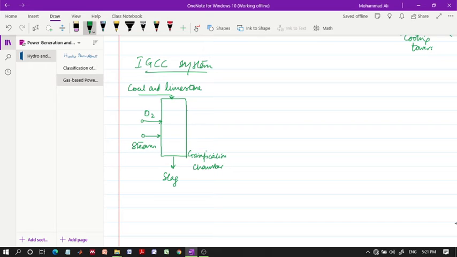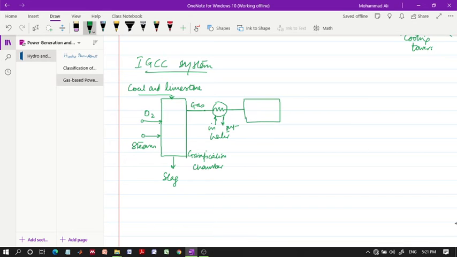This gas, we can say the coal gas that comes out of this, is cooled down first of all. So for cooling down, what we do is we pass it through a certain chamber in which water is coming in and coming out. Okay, water is coming in and out. It cools the gas. Then we use a chamber to desulfurize this fuel gas. There's still some sulfur left.